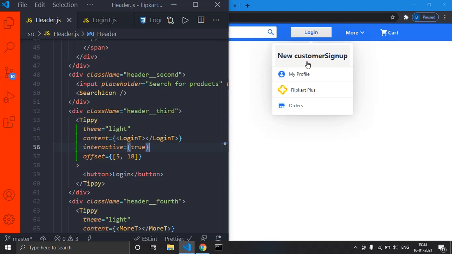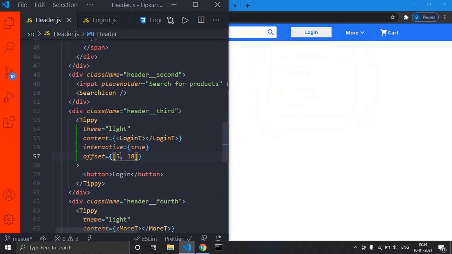See, it is somewhat far away, right? What is this 5 and what is this 18? Now let's change them and see what will happen. Look at this tooltip head. Now that is not in the center, right? Now make that value bigger. What will happen? Let us see. Okay, 20. Now we see this tooltip is coming towards the left, right? That is the position of the head.